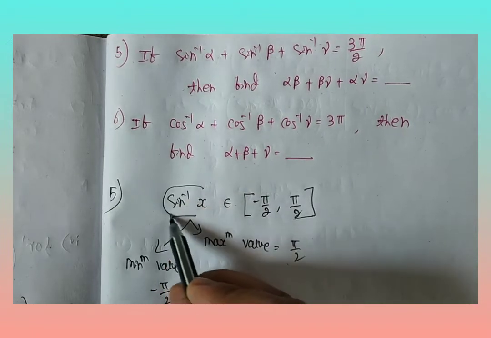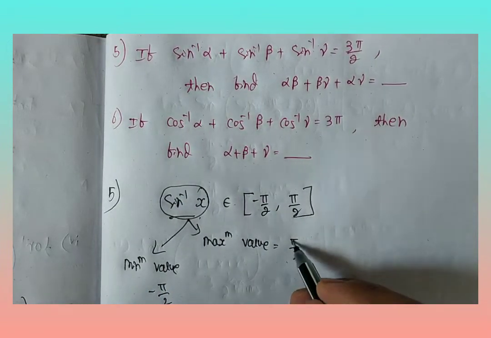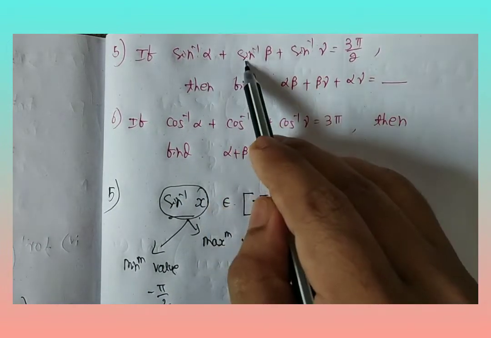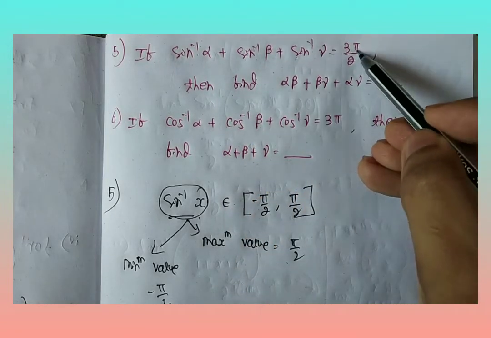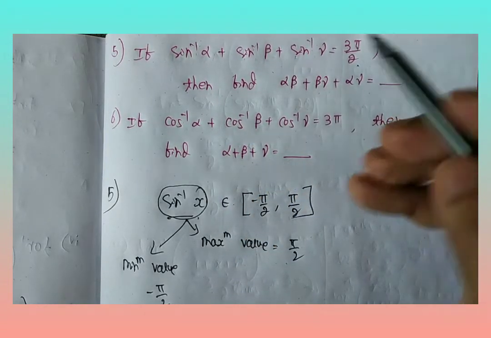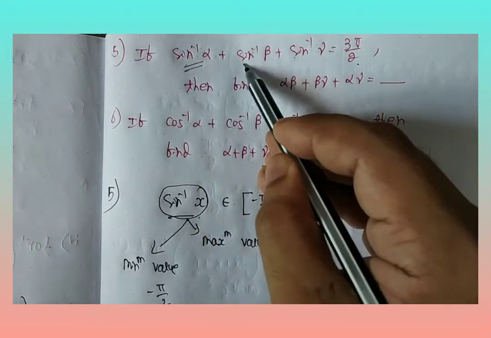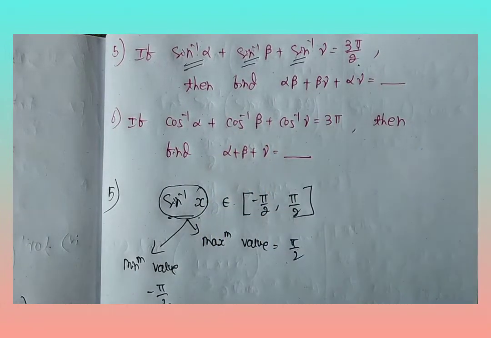Any sine inverse term has a maximum value of pi by 2. If you add three sine inverse terms and the sum equals 3 pi by 2, is it possible? It is possible only when each gives its maximum value. That means